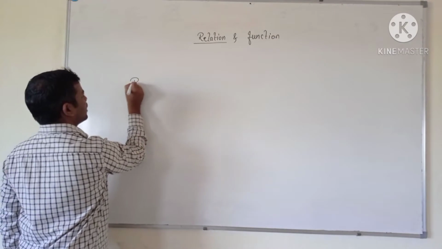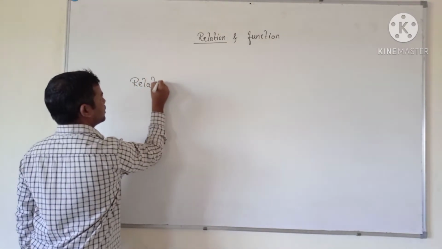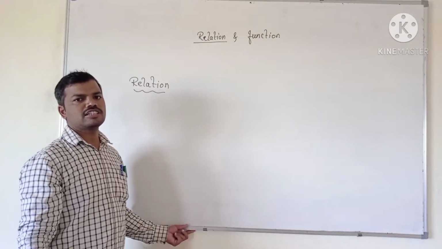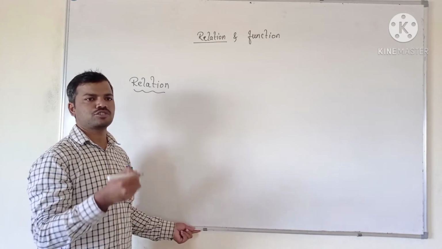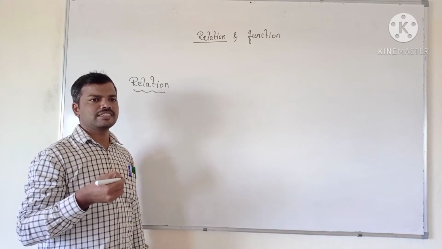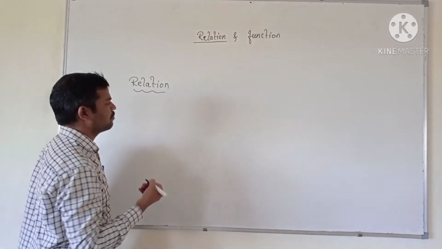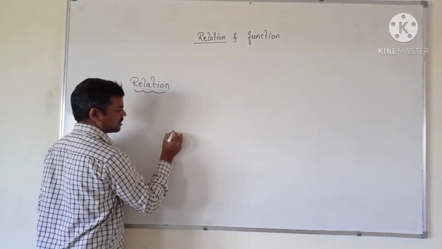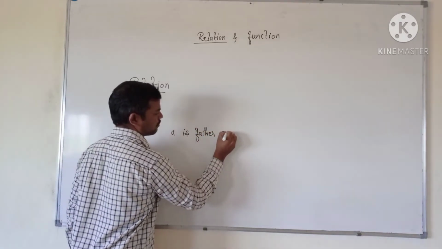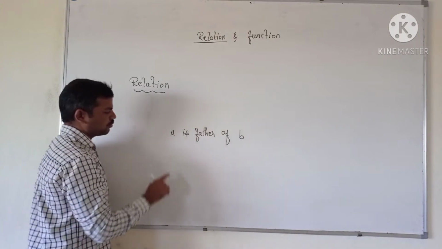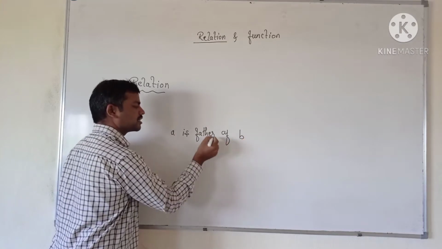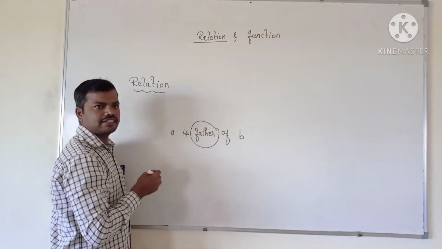So what do we mean by the relation? What is the actual meaning of the relation? We are already familiar with this word. Relation is nothing but the connection between any two elements, two objects, two things. Here also, any two objects means that we are going to pair them. For example, we take the relation: A is the father of B. Here what we are observing are the pairs we are getting. A is paired with B by this connection, that is, father.